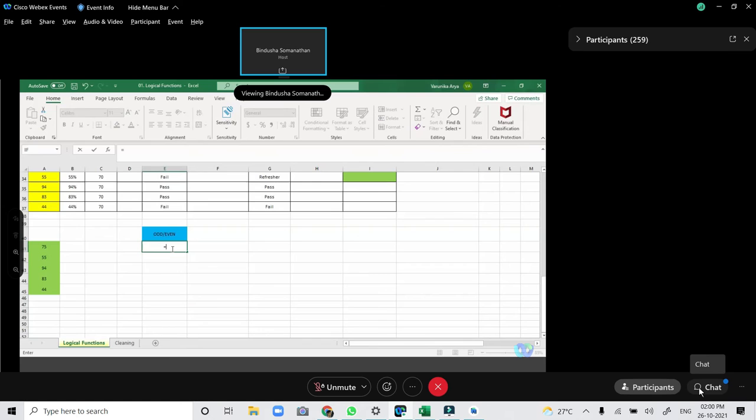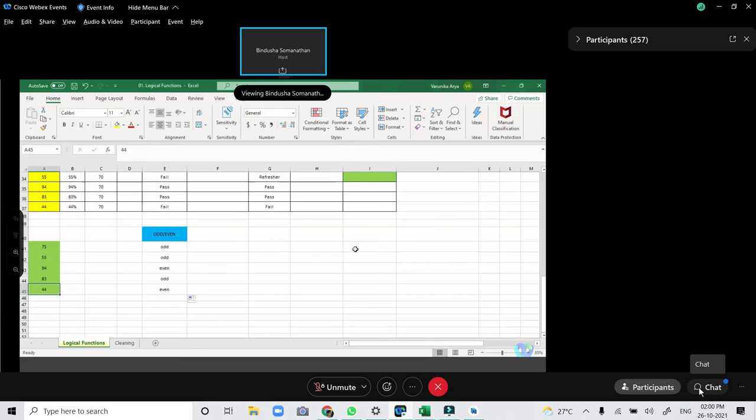So if you want to check if a number is even or odd, you can use a mod function available here in Excel. So you want to see if this particular value is divisible by 2. If this mod returns 0, that means it is divisible by 2. In that situation, it should write even, else it should write that it is odd. So 75 is odd, 555 odd, 94 is even, 44 is even. Just an example, just wanted to show you guys.